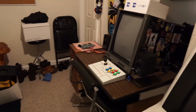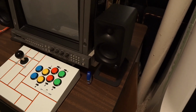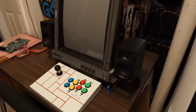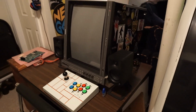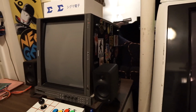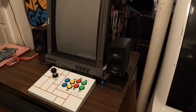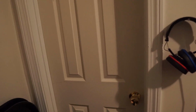So past battle station here, and I upgraded the speakers. Retro RGB made a video. Oh, this is actually on. Saying if you had a BVM you should upgrade your speakers, and so I took that to heart. So he recommended these shielded speakers here, and they work great. So anyways, I already forget, they're Kanto brand speakers,